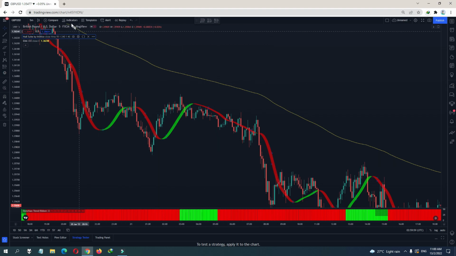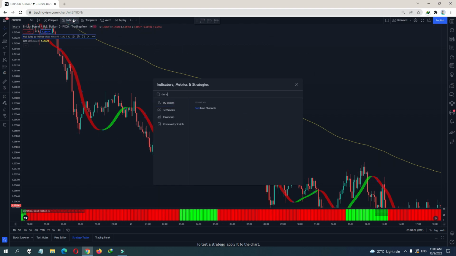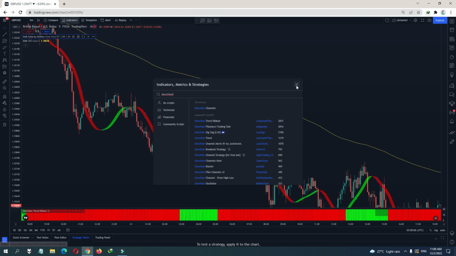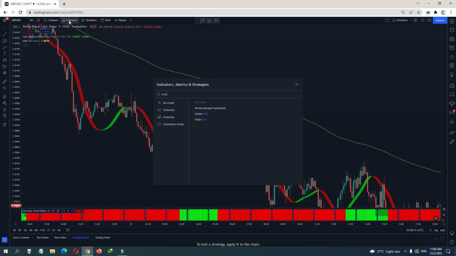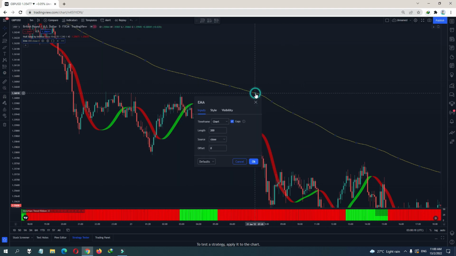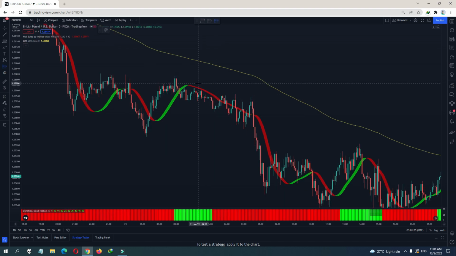And then you need the Donchian Trend Ribbon by Lonesome here. The setting is 30. Okay, and then you need the 200 EMA, so it's this one. Okay, 200 EMA. Okay, so for sell, you want the price to be below the 200 EMA and the Hull Suite